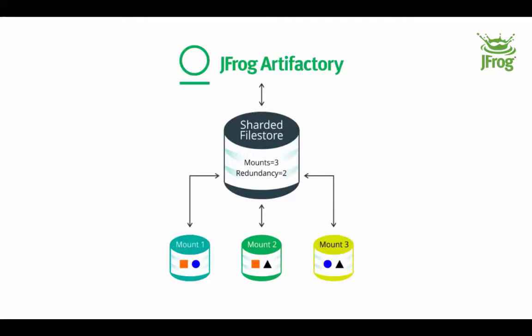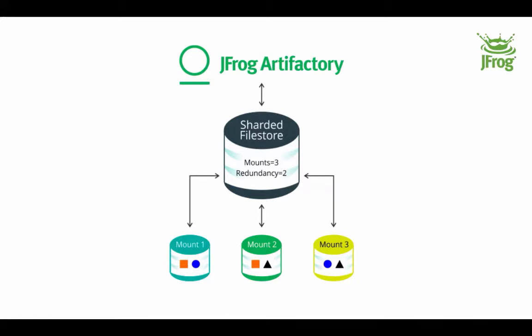Let's say you have a requirement of having the mount points highly available as well. For example, you are writing artifacts a couple of times a day. A few of your artifacts are going onto mount 1, a few of them to mount 3, a few of them to mount 2. Now, later in the day, mount 1 goes down. What happens? It means that the artifacts that were residing on mount 1 are not available anymore. You lost them. So to tackle this challenge, Artifactory introduced the option of redundancy